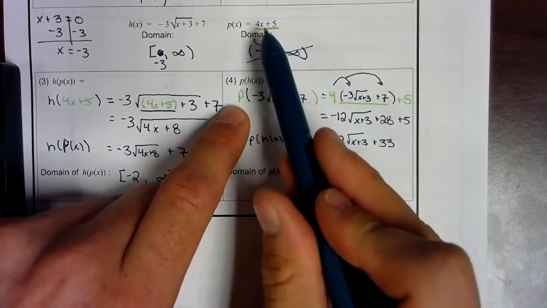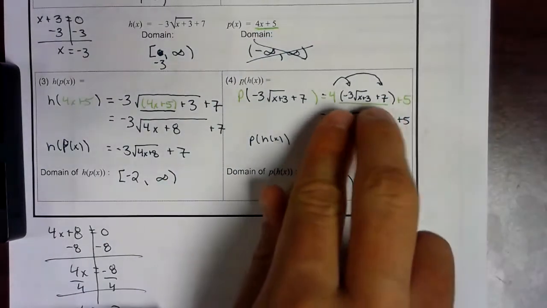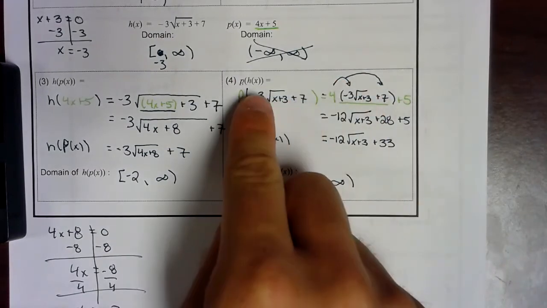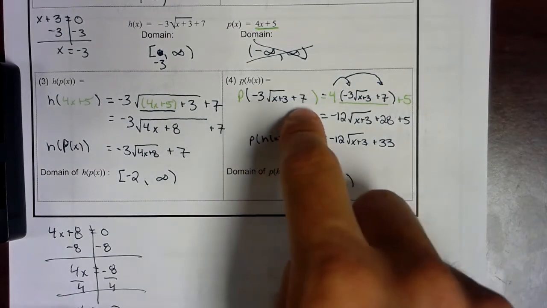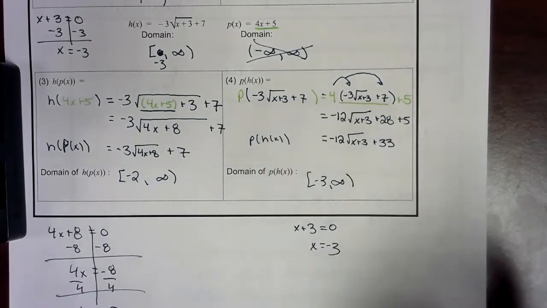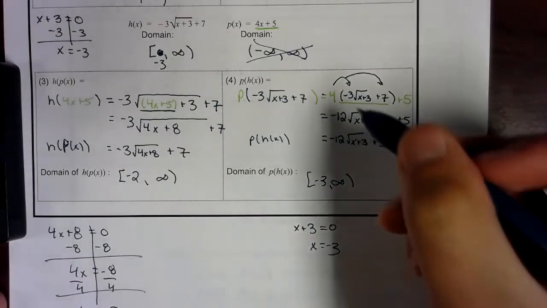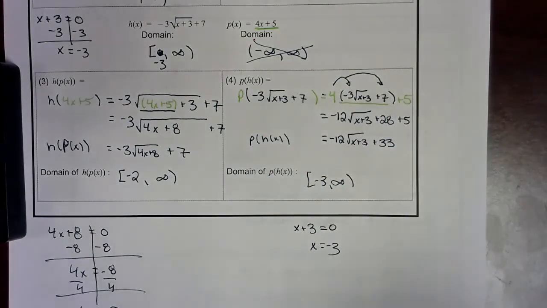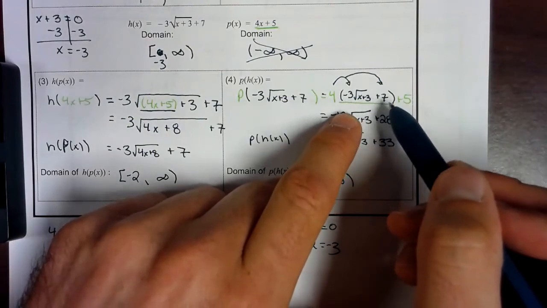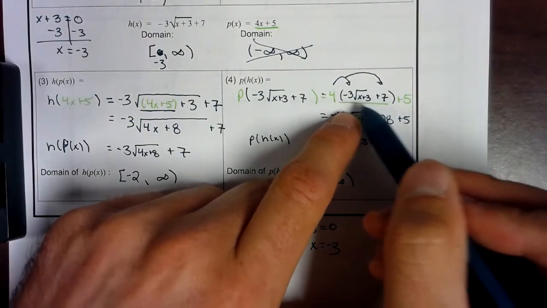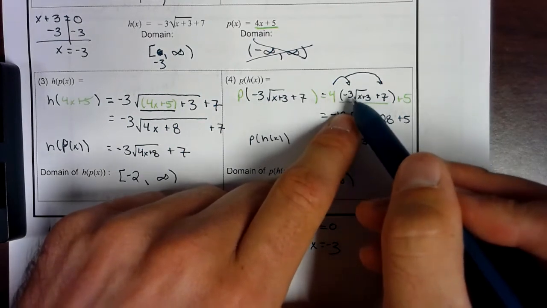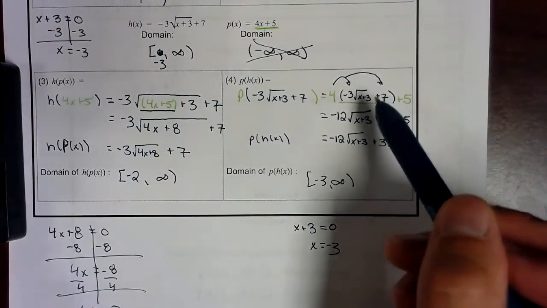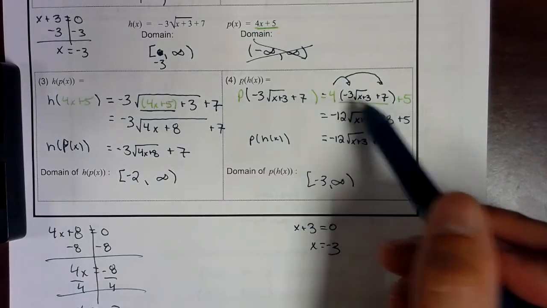So we've got the 4 the same. The x has been picked up and removed with a bunch of space next to where that x used to be, and we're still adding 5. So once we have -3 times square root of x plus 3 plus 7 in for that x, we now need to simplify. The distribution here, we actually are only going to distribute the 4 to the -3 and to the 7. That's because we only distribute into terms separated by plus or minus signs. So this -3 is being multiplied to the square root of x plus 3. So I don't want to multiply 4 into both these terms. That would be over multiplying. We don't want to over multiply. So we're just distributing to the terms separated by the plus sign, which is the -3 and the 7,